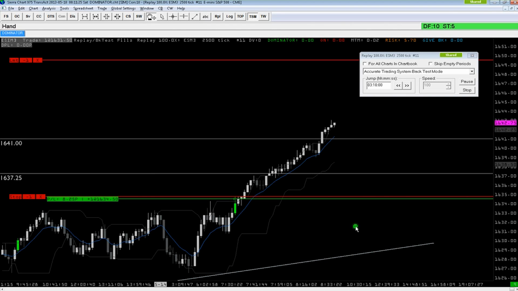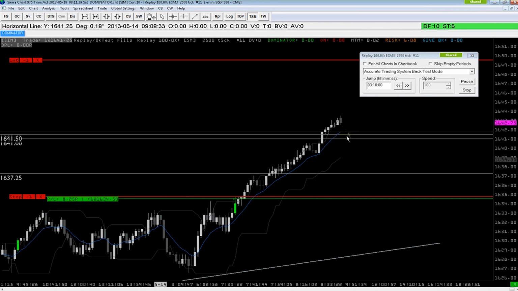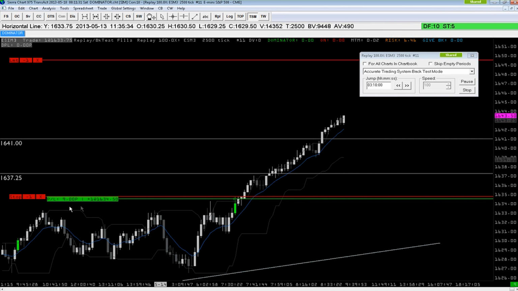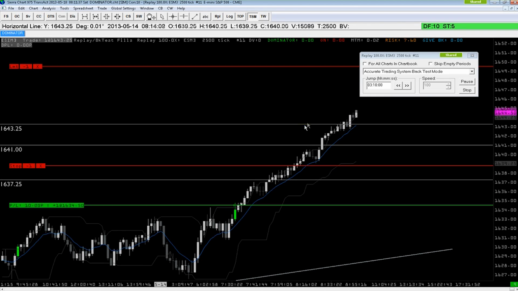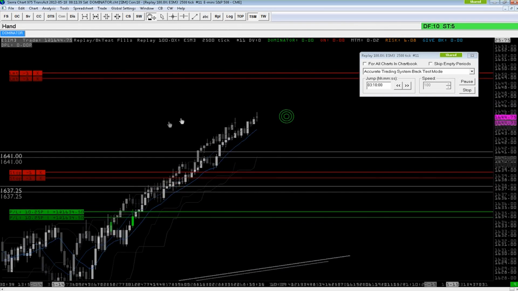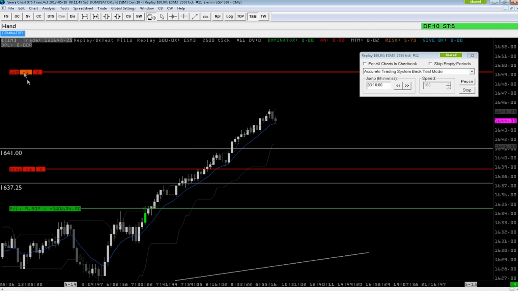I'm just going to put up a line. If we're following it, it's going to be somewhere under this 10 EMA. So you can pull the stop up, but if you pulled it up to here, it's not going to do much good. The program is going to exit prior to this. Unless you're trying to pick out where the high is going to be and maybe putting your profit target right under it,